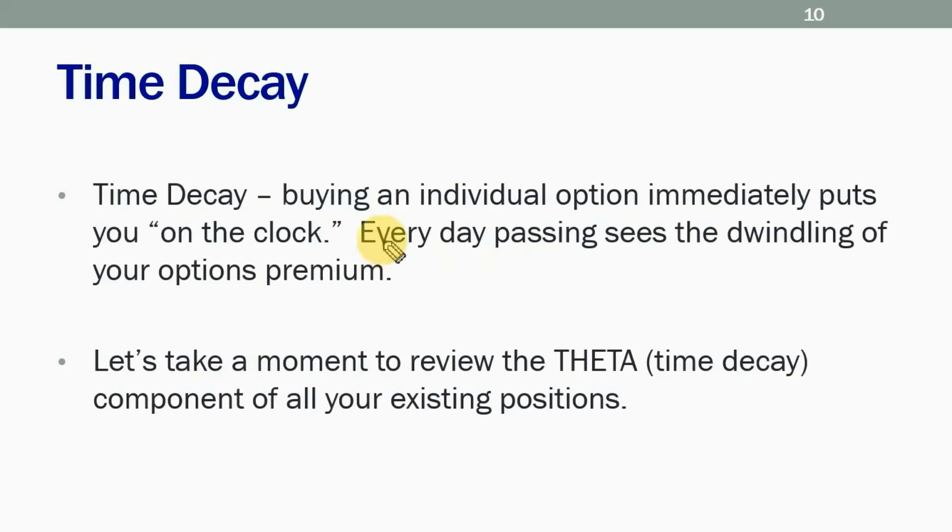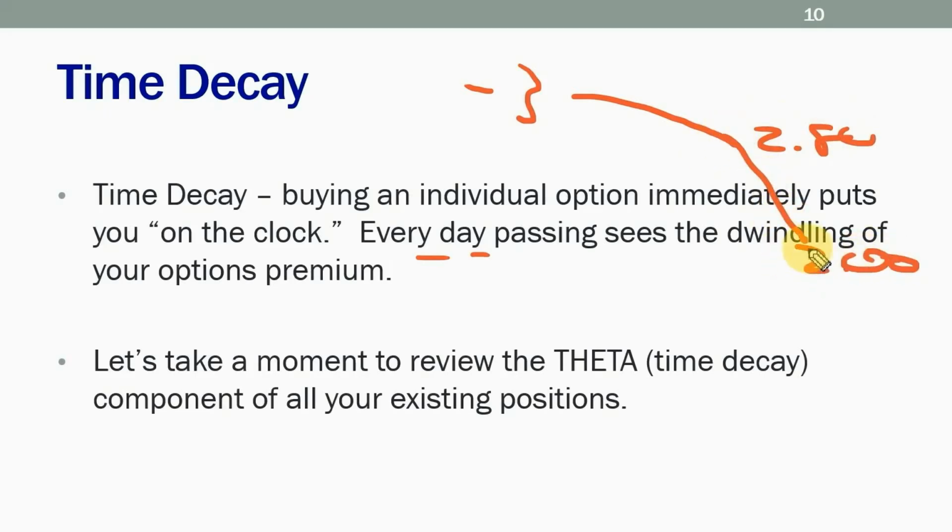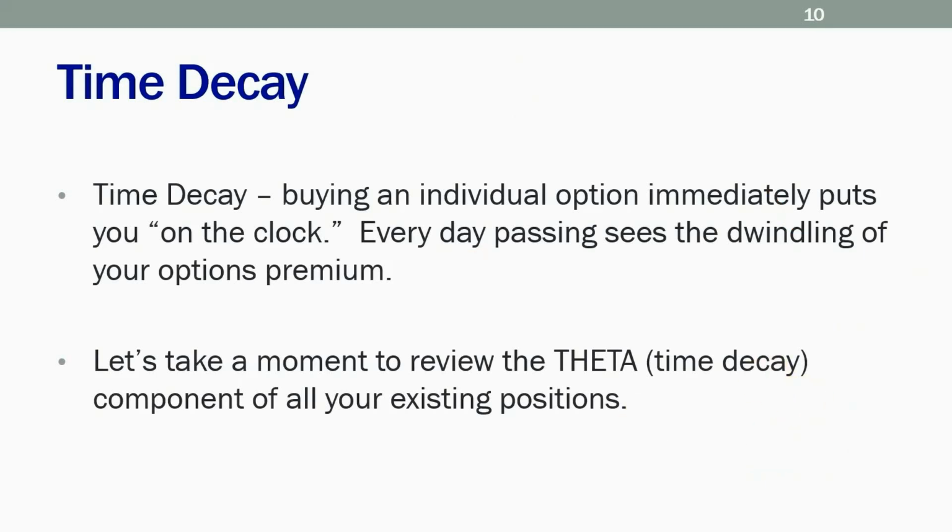Every single day that passes, your option's premium dwindles. So you see your $3 and nothing happens, and you're like, oh, I'm sinking, and then it's worth like $2.80. You're like, that's not too bad. And then the next day you hop on the screen and it's worth $2. You're like, it's not even worth selling anymore. And then all of a sudden it's worth 20 cents, and you're like, that's it, I'm done. And again, it happens to a lot of new people. But again, review a little bit about decay.